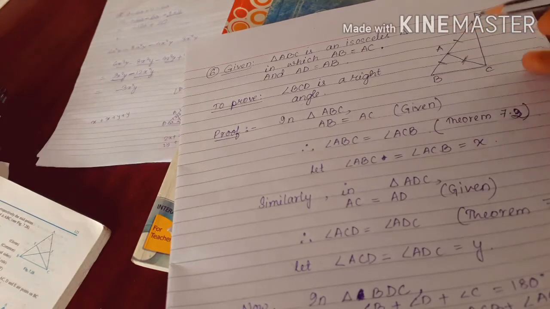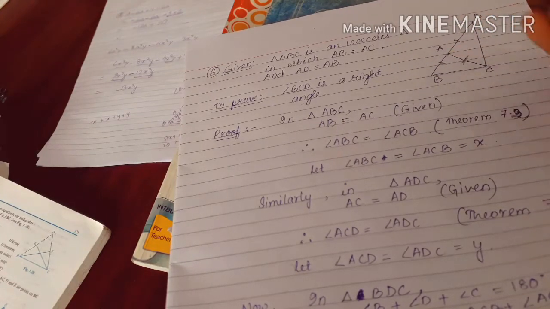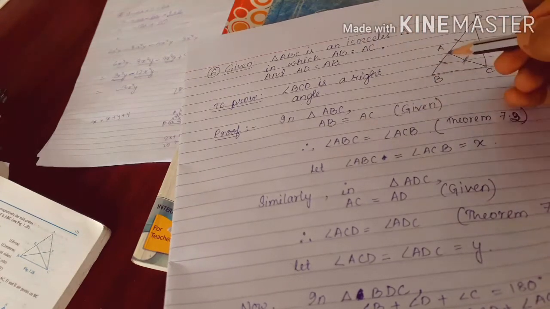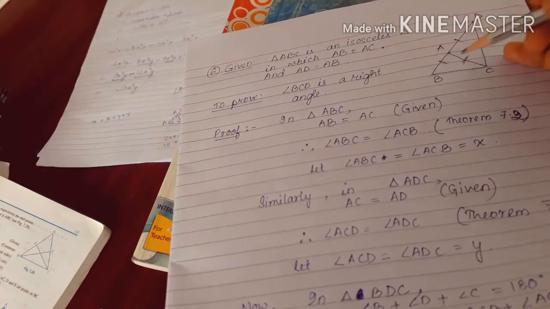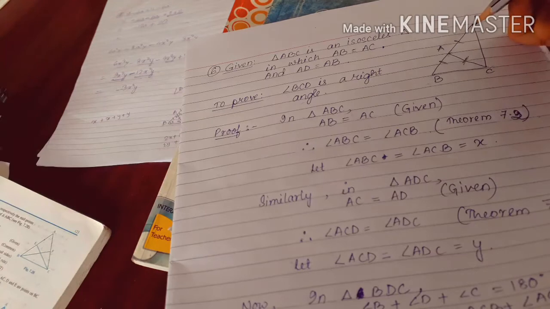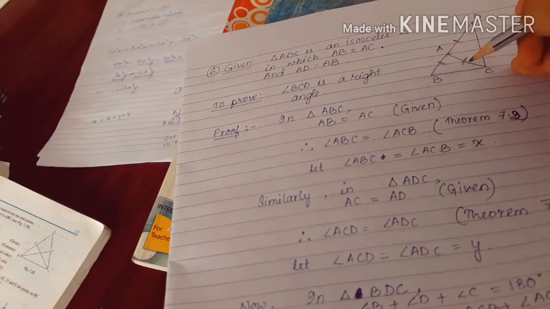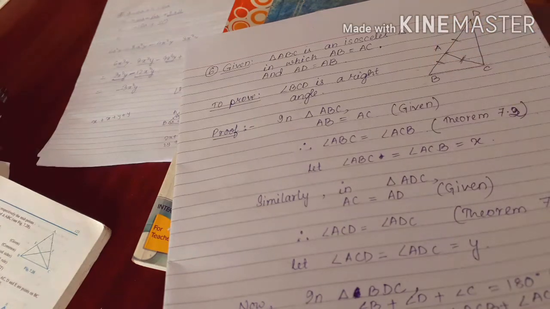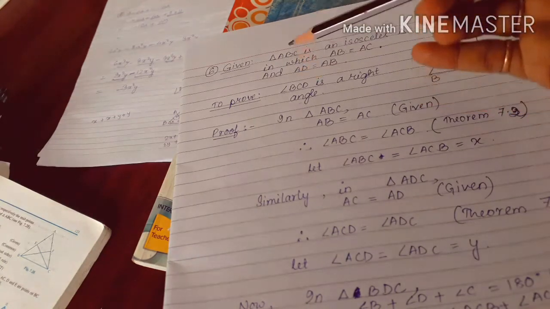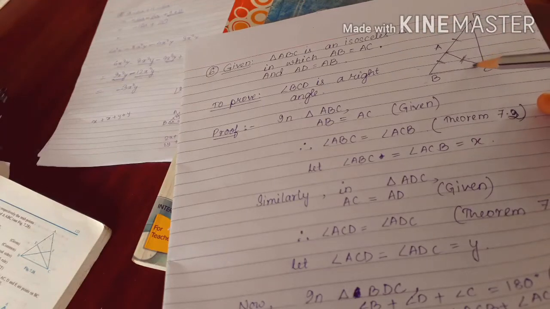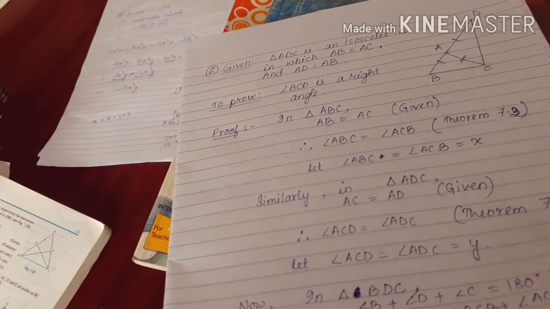See this one. Why am I telling this triangle is isosceles? Because it is given that AD is equal to AB. But already given that AB is equal to AC. That means we can say that AB is equal to AC is equal to AD. If these are equal and this is equal to this, that means all the three sides will be equal. So what we have to prove? Angle BCD is a right angle. So angle BCD is this full angle. This is a right angle. We have to prove. So see the proof.